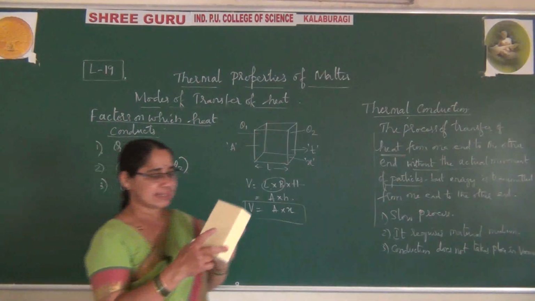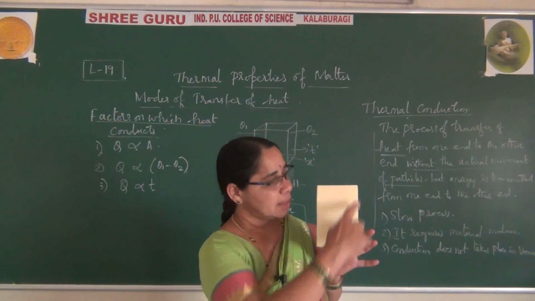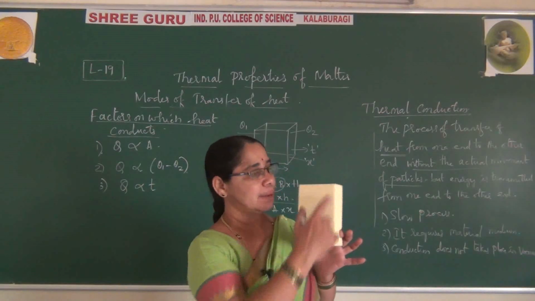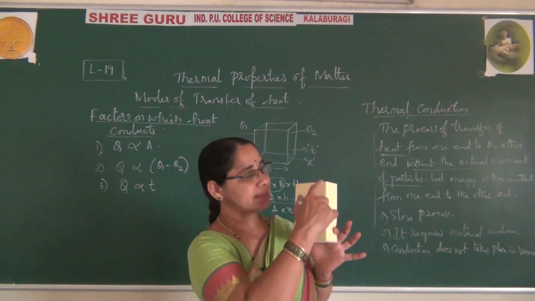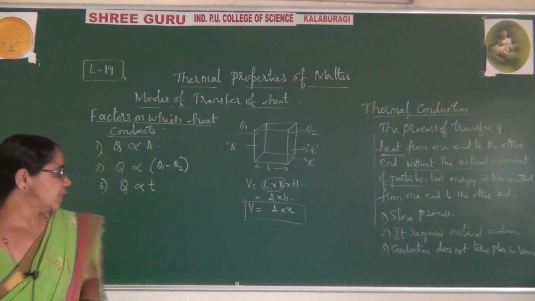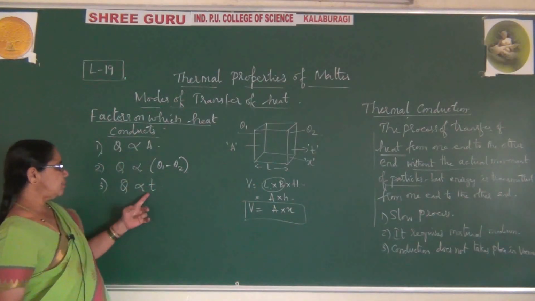So for example, this is the cube, with length, breadth, and this is nothing but thickness. Or length, breadth, and this is height. You are ready to say in these words. Okay. Now using this, we have represented these three factors.